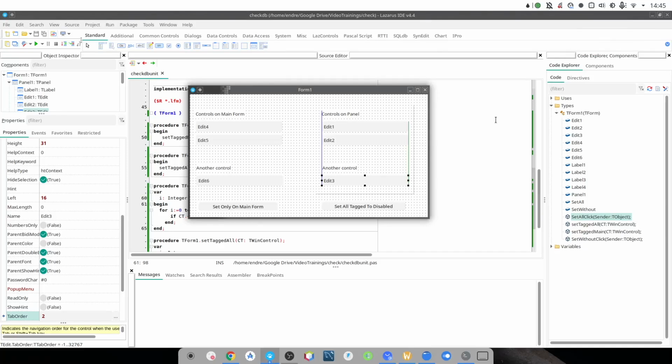Hi, today I just want to give you a quick tip on how you can control more elements at the same time. For example, set a text edit or T-Edit control to a value. For this, what is important is that each control on the form might contain additional elements like a